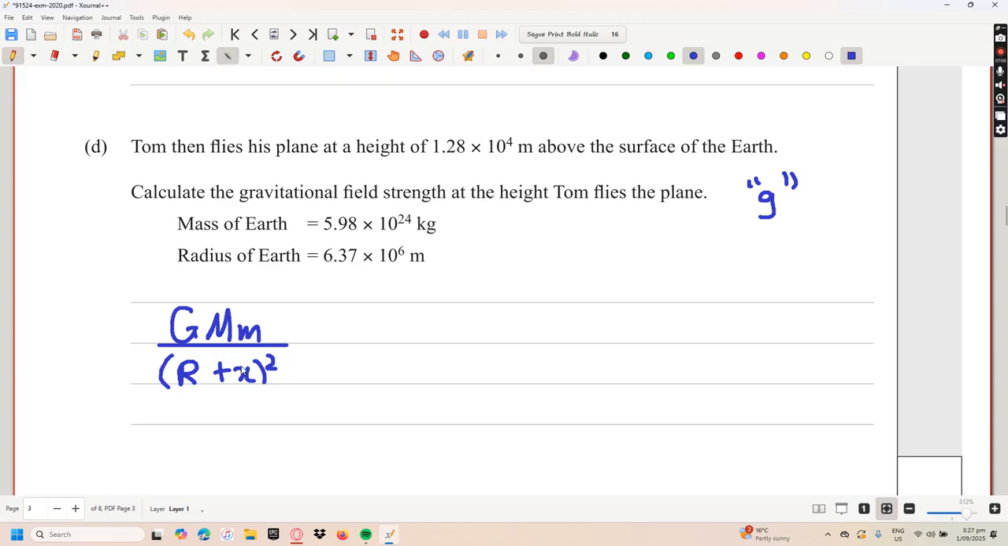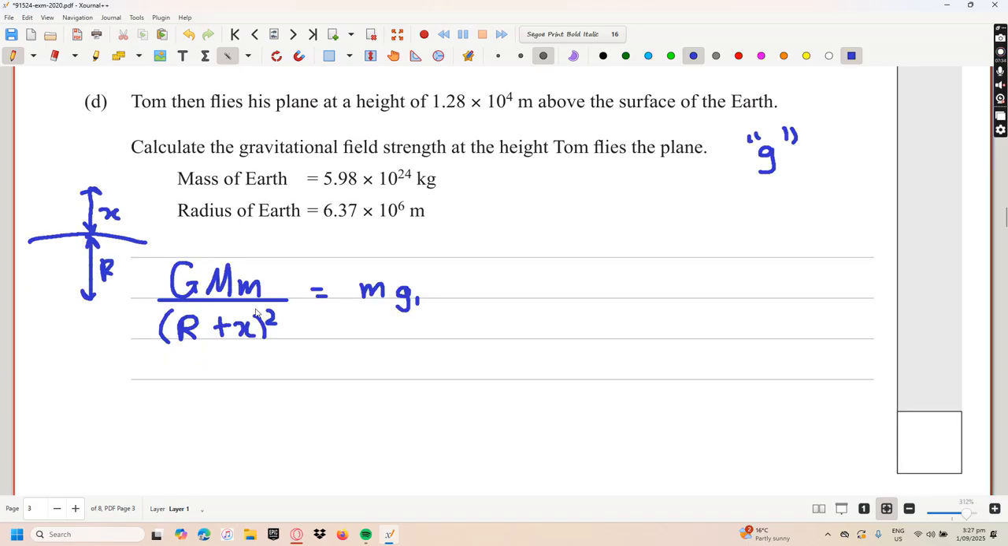R is the radius of Earth, x is the distance above the surface of Earth. So think of this as R, and this is x. So that's the total distance away from the centre of Earth. That's the effective radius, as it were. And that gravity force must be equal to m times g. I'm going to call it g1. This is the local gravitational field strength